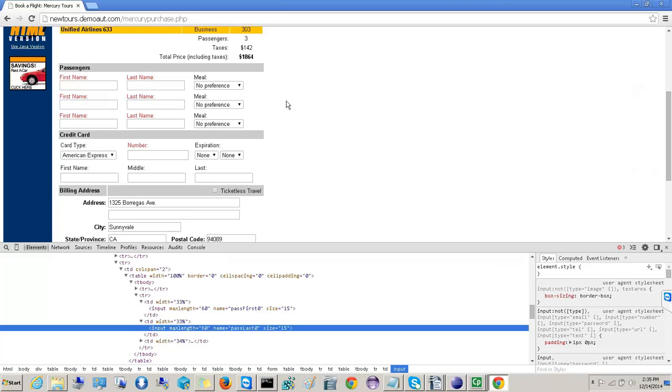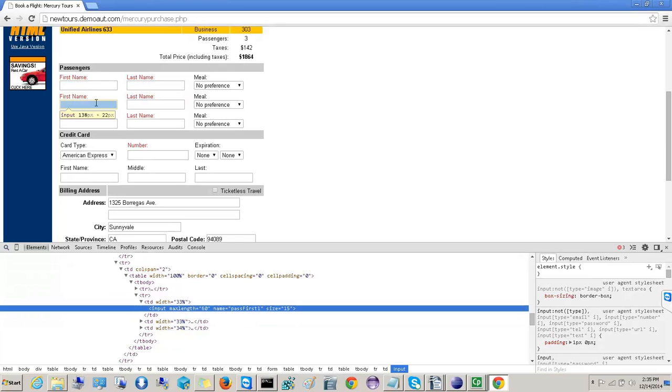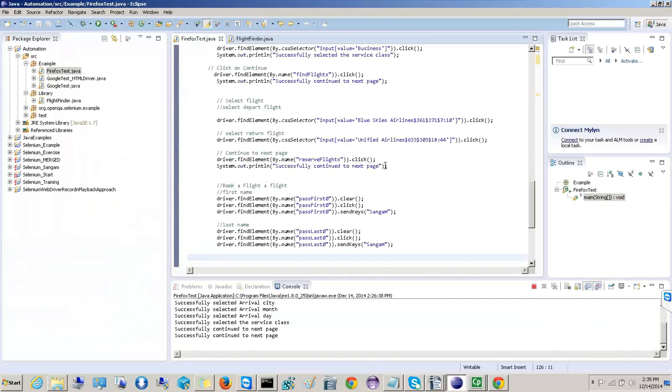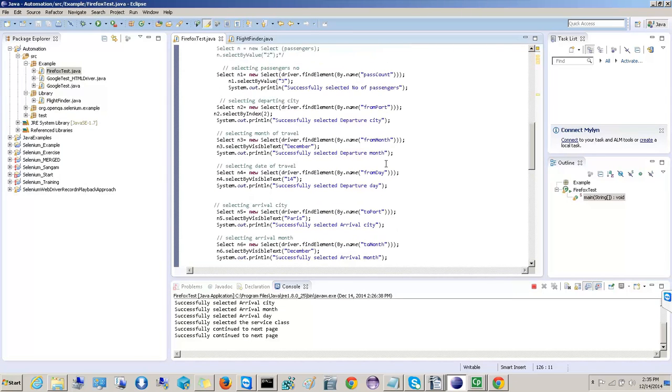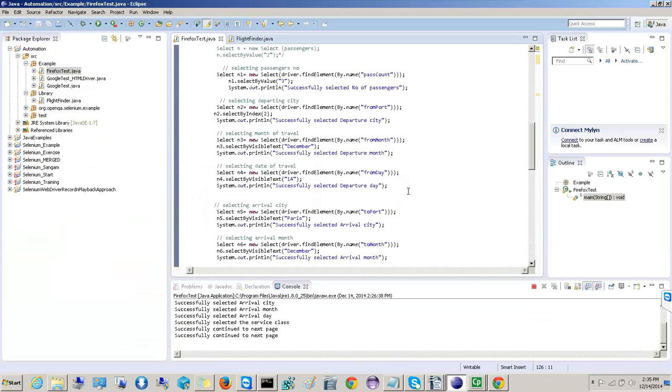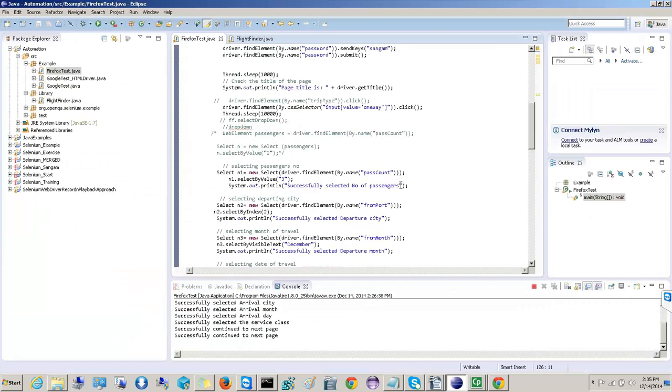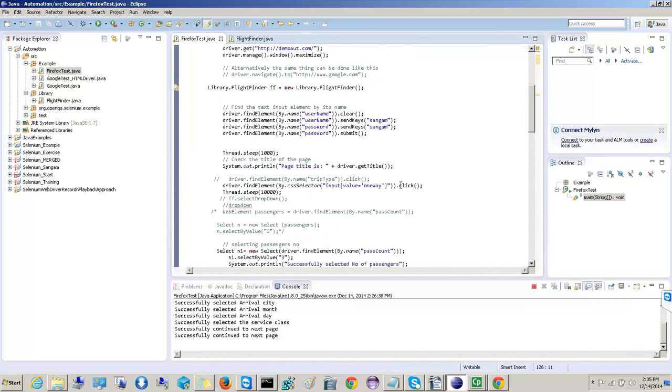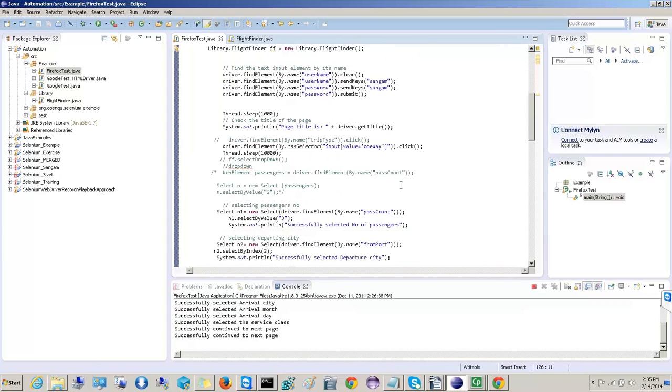That is for 3 members. Unfortunately, we have selected three members, so it's starting from past last 0, 1, 2, 3. So that's what it will do. We can do one thing: instead of 2, next time we can put a for loop. In realistic automation, we can put a for loop and enter everything. That's one thing. But to minimize the effort level in first time automation, let's go for pass count